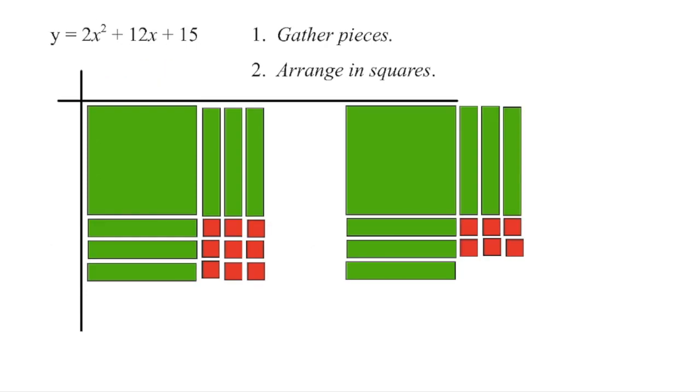Now in this particular one, we have 2x squared, so we're actually going to make 2 different squares. We're going to begin by taking our 12x pieces and dividing them into 2 groups. So we're going to have 6 in the first square, and 6 in the second square, and then we're going to go 1, 1, 1, 1, 1, 1, and then fill in this gap with our